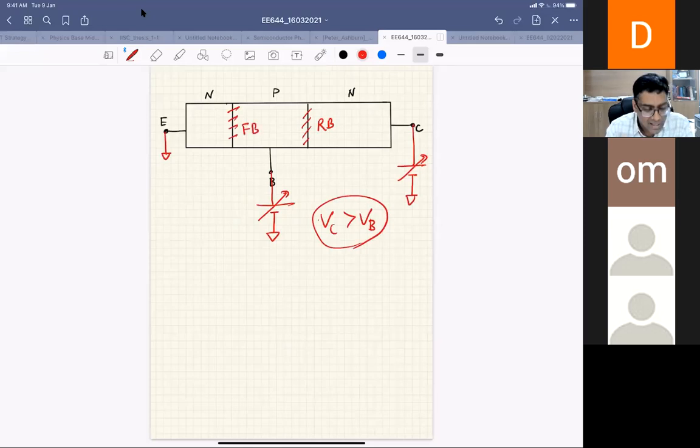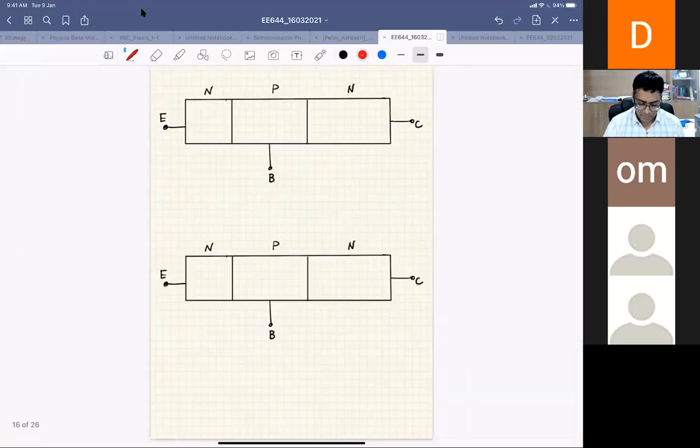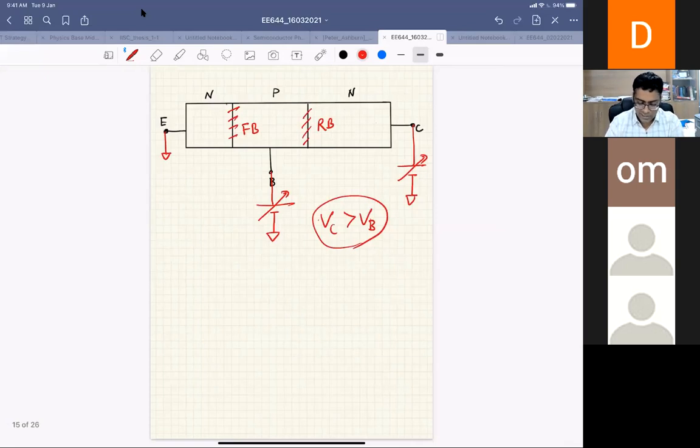Mostly, right? But what will happen is, there is a reverse bias junction. As you go on increasing, let's say now I have fixed VB, say my VB is at 0.6 volt, and now I am increasing my VC. Because this junction is reverse biased, at some point this junction will break. We have also studied this breakdown